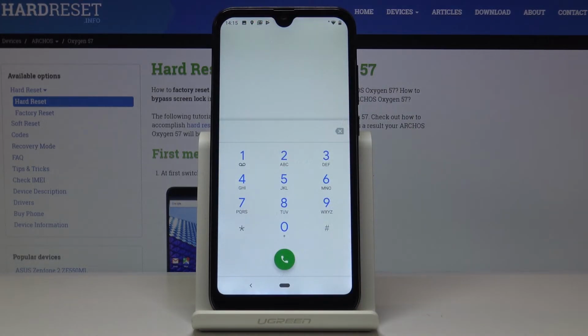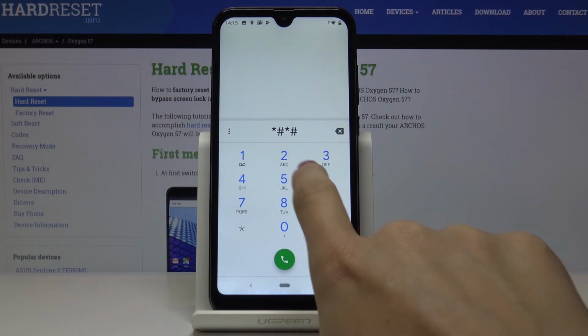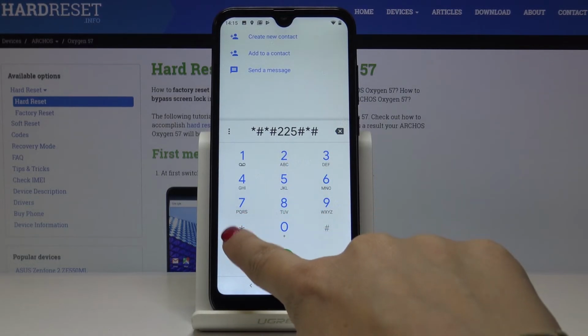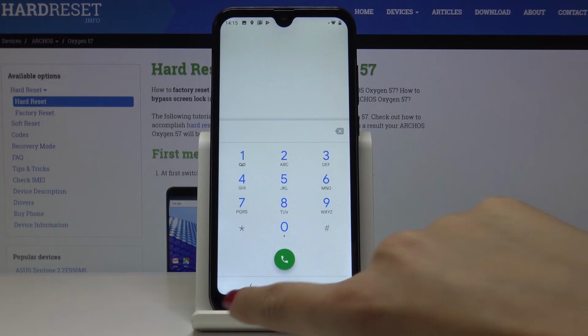Let's go back. Now another code is *#*#225#*#*. And this is the calendar info, so all events, all important dates that are written down in your calendar are included here. So you can simply enter this code, and you don't have to activate and check every day your dates. So you have all month or actually year in one place, so you will not forget about any